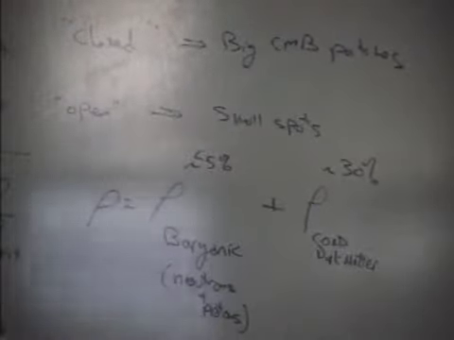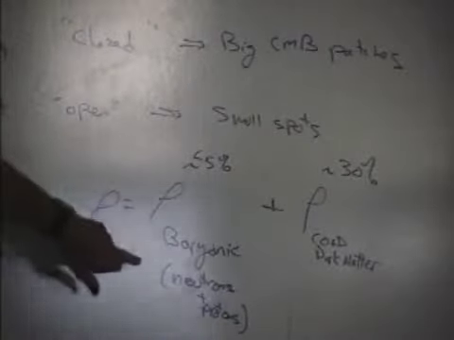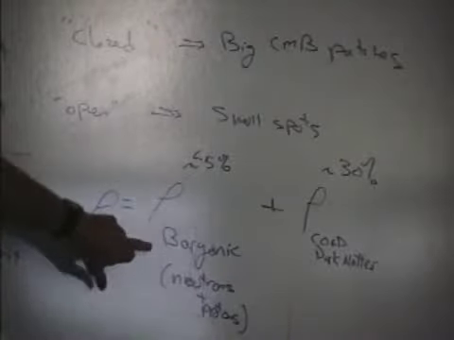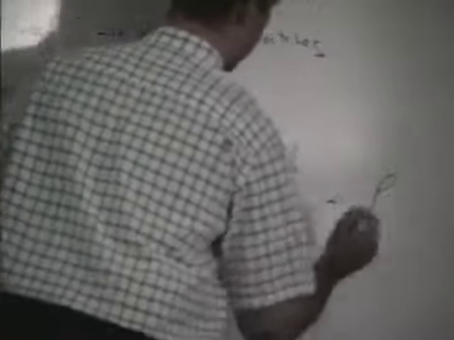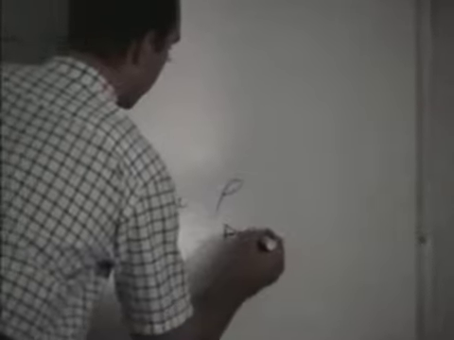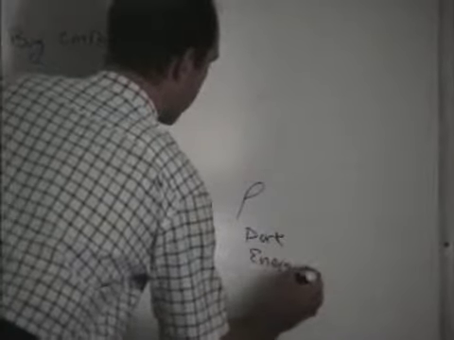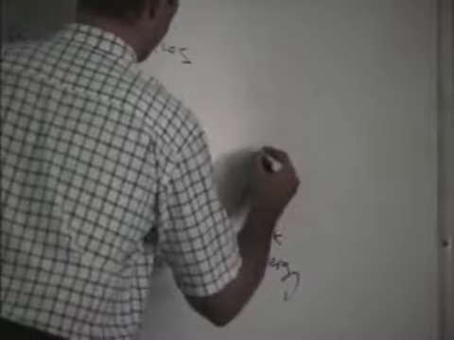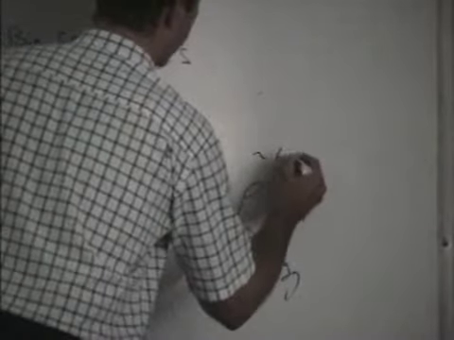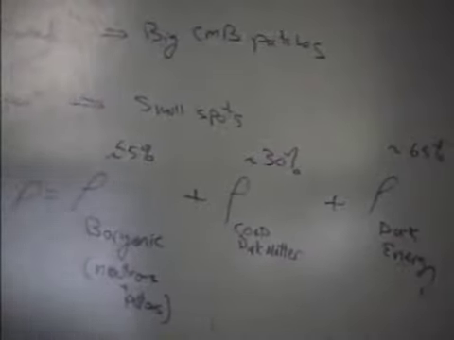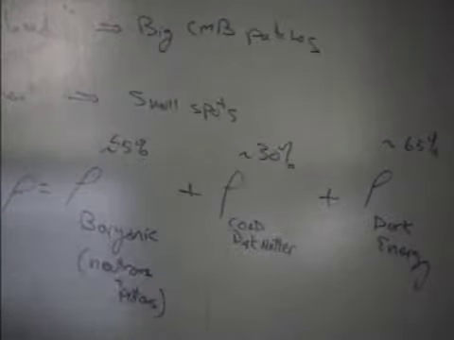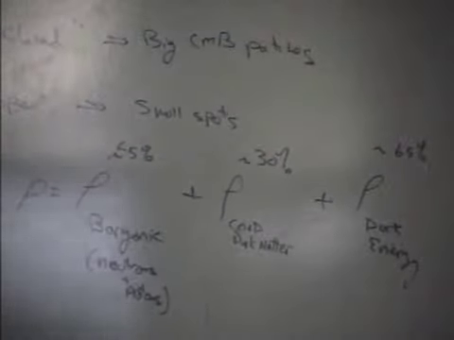And so we're trying to come up with a critical density that's this. Most of it is not visible light or things that we know. Most of it is either in this form or now the last part, which I'm going to add here, which I will call dark energy. And this is the most mysterious of the whole bunch. And this might be 65%. Now we're adding energy to our little formula here, which is supposed to be telling us about the density of stuff. Yes. So this is using Einstein's relation?